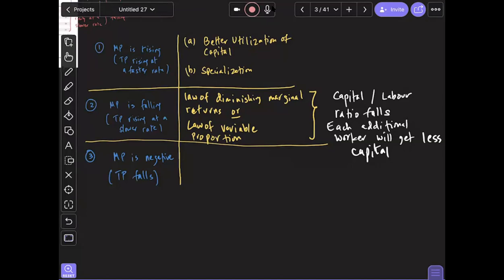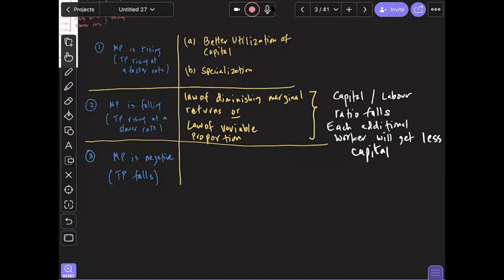And right now, yes, we are only talking about short run because this is the short run production. But the reason why I wanted to know is because there is a possibility that we may not see law of diminishing return happen in the long run because we can change the amount of capital to correspond with the amount of labor. So we say in the long run we have more possibilities that may not be available in the short run, and that's why, by the way, when you look at firms,